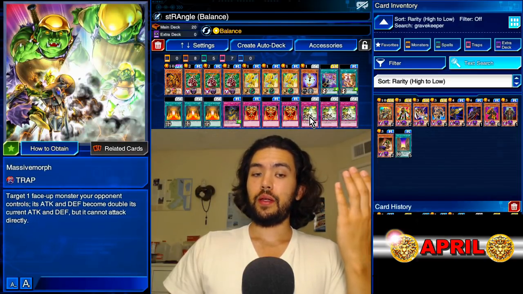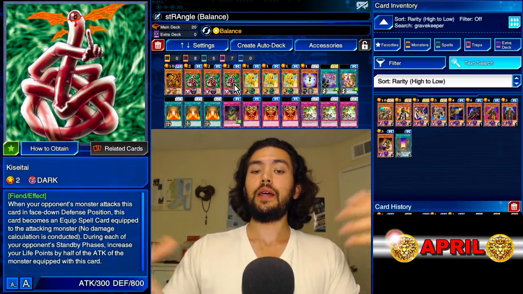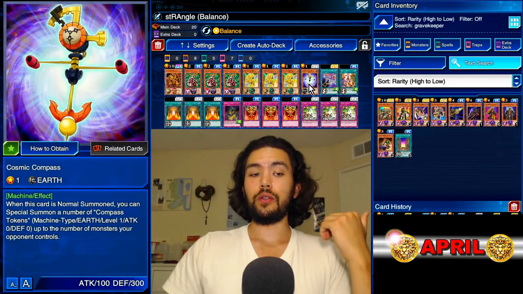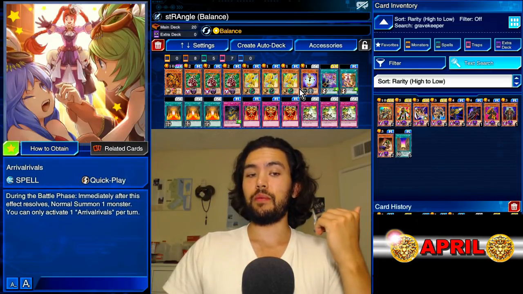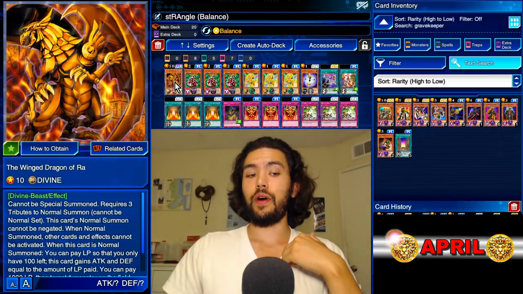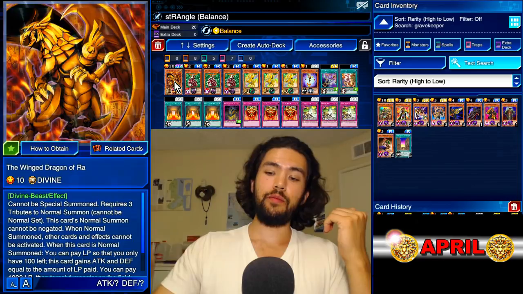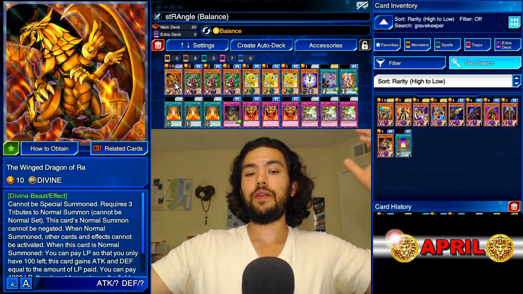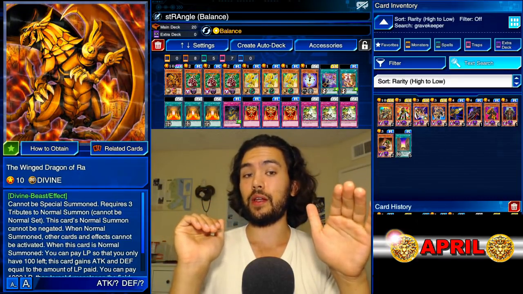You buff up the opponent's monsters, and then you infect them with Kiseitai, and then Kiseitai continuously provides you with life points until your final turn, when you normal summon Cosmic Compass. Cosmic Compass gives you 2 little tokens, and then you use a double summon of some form to tribute for your Divine Dragon of Ra, and then you pay all of your many life points in order to get Ra's attack huge and massive. And since your opponent has just been directly attacking you the entire time because you haven't had any monsters,